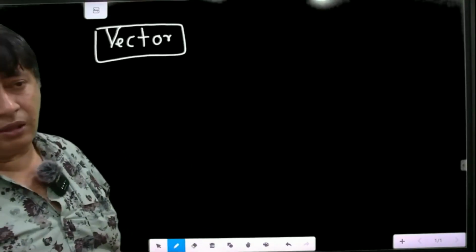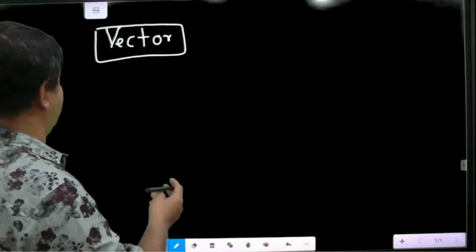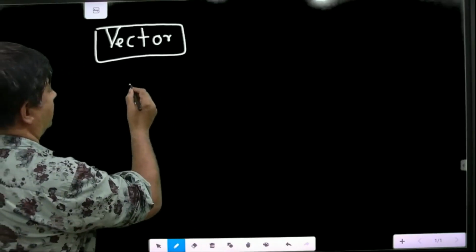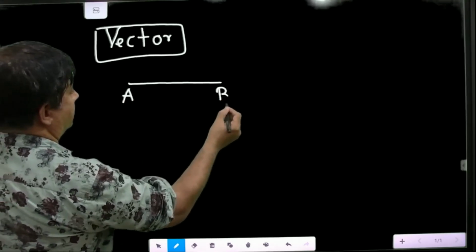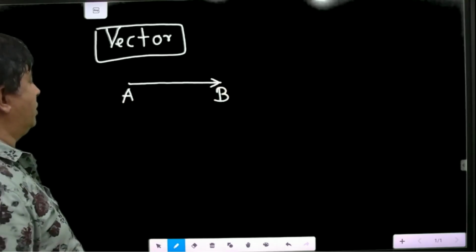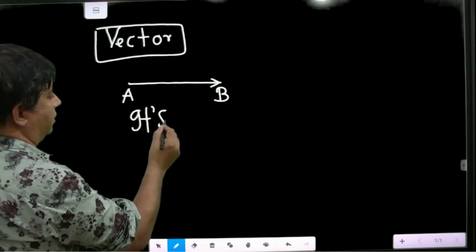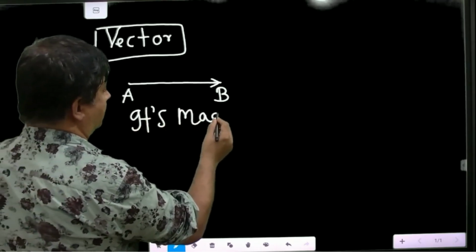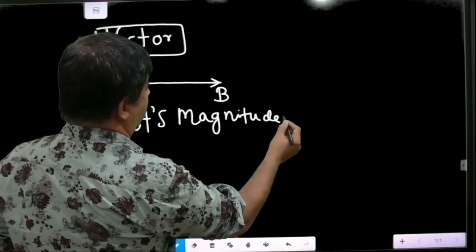Vector is what? From junior class, you are taught the definition of vector. Vector is a quantity which has magnitude and direction, like this. Suppose you are moving from A to B. So, what is its magnitude? Its magnitude is AB